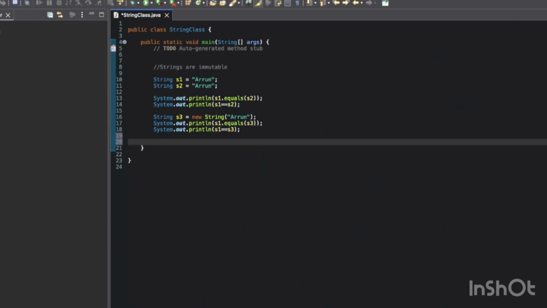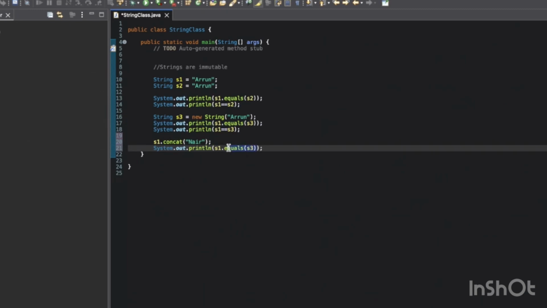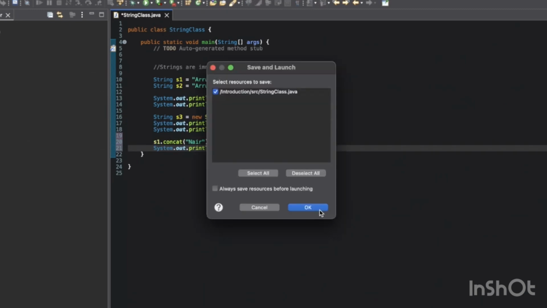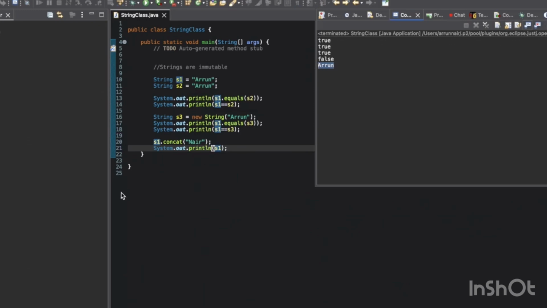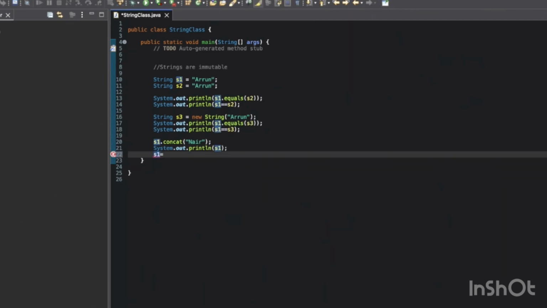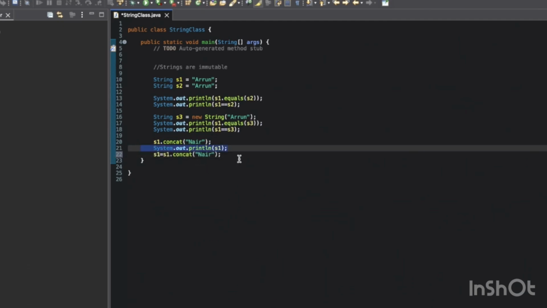Now let's see why strings are immutable with another example. For example, let's say s1 concat nair. Okay, so what we are trying to do is we are trying to concat a new value, and let's print s1 again. Let me remove this. Okay, so it is still Arun. Why is it still Arun? Because strings are immutable. You can't change the value of the string no matter what operation you do on it, right? But again, if you assign the value with the same action and then print s1,